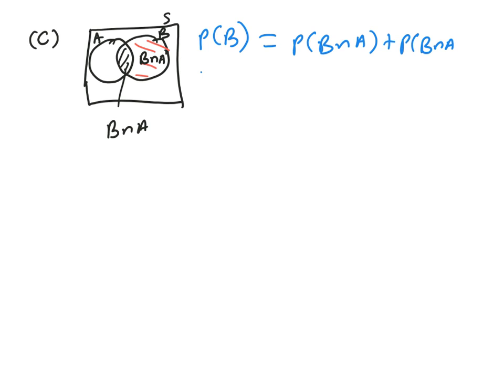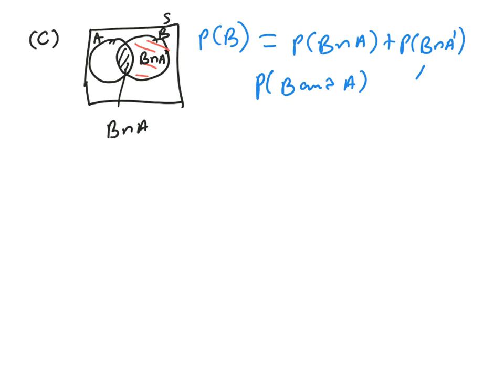Okay, so the probability of this here is the probability of B and A, and this is the probability